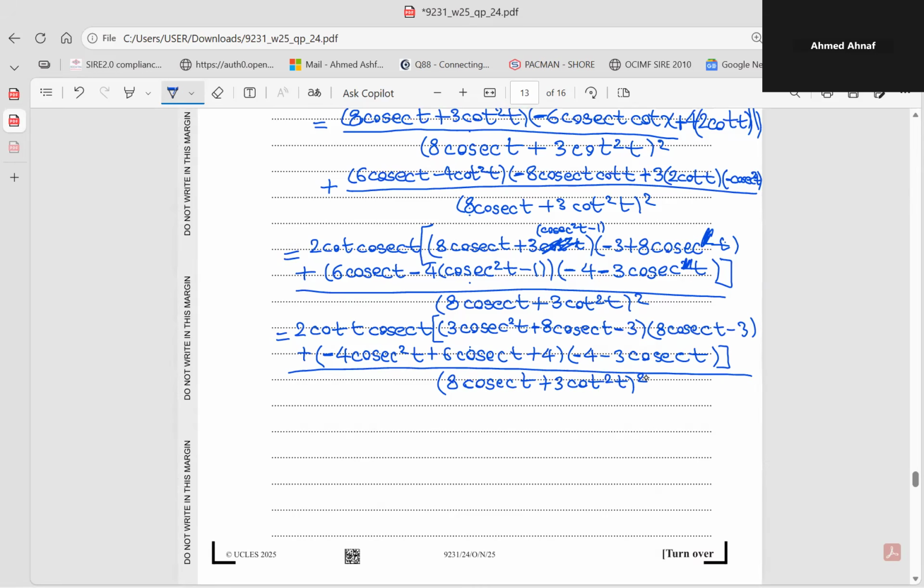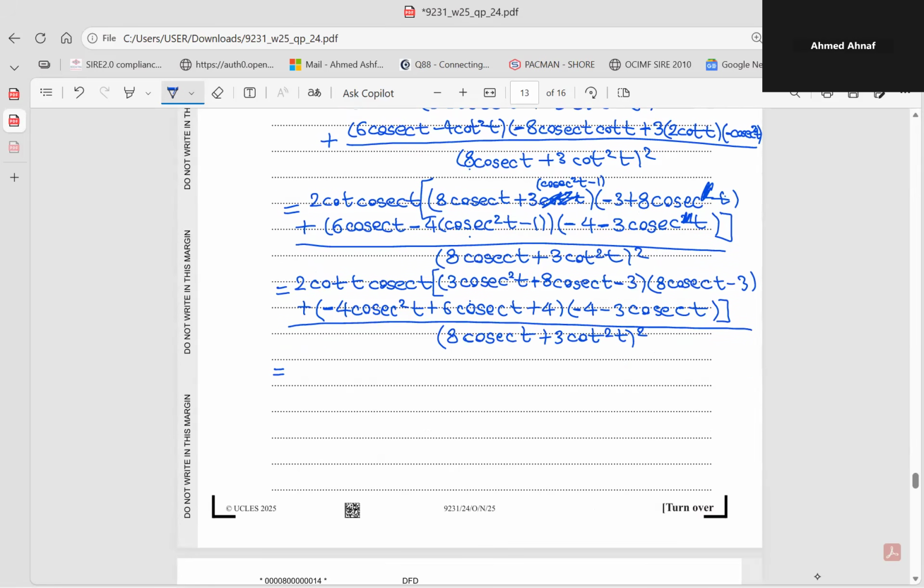After expanding and simplifying, the numerator is just going to be